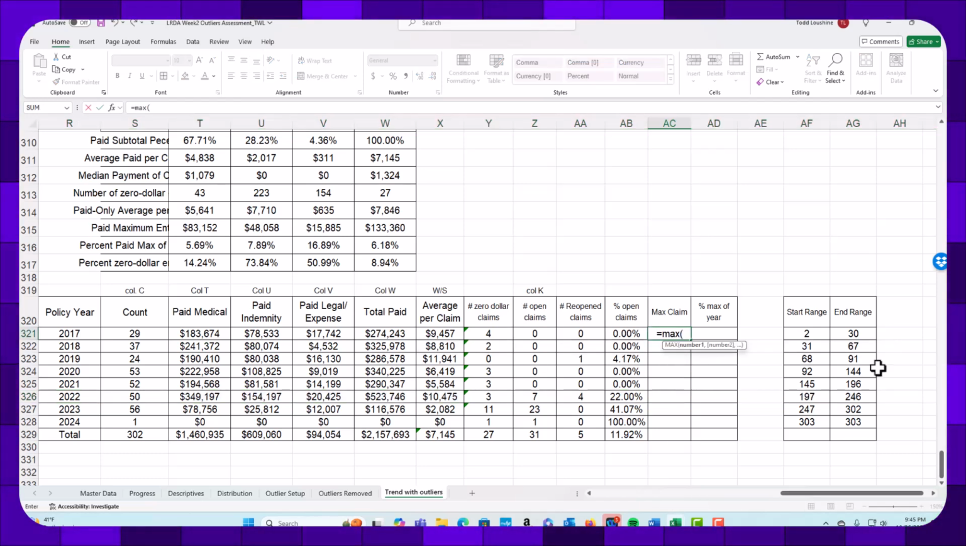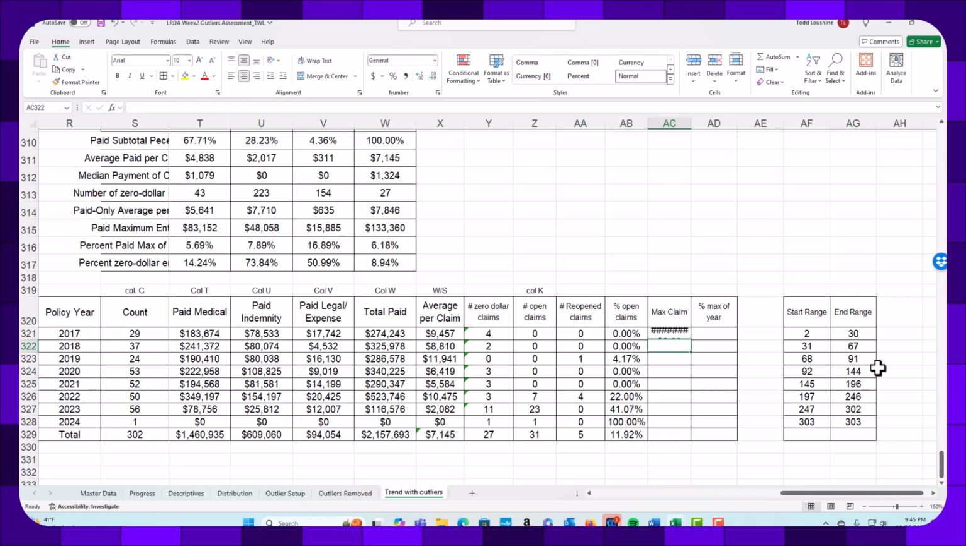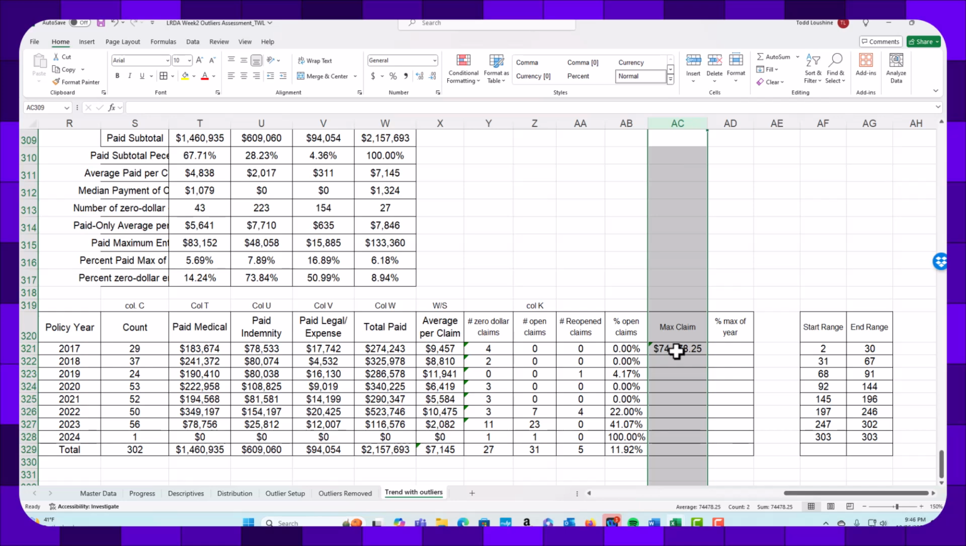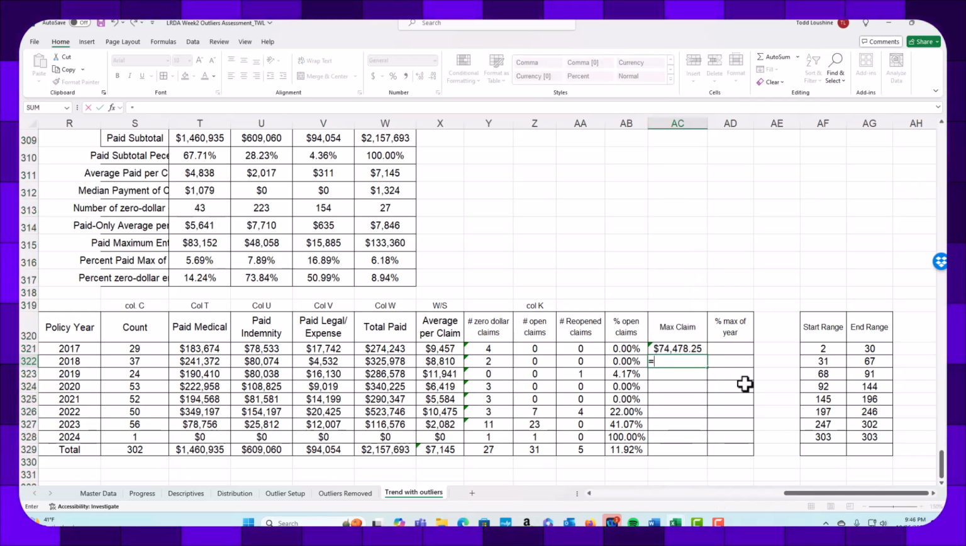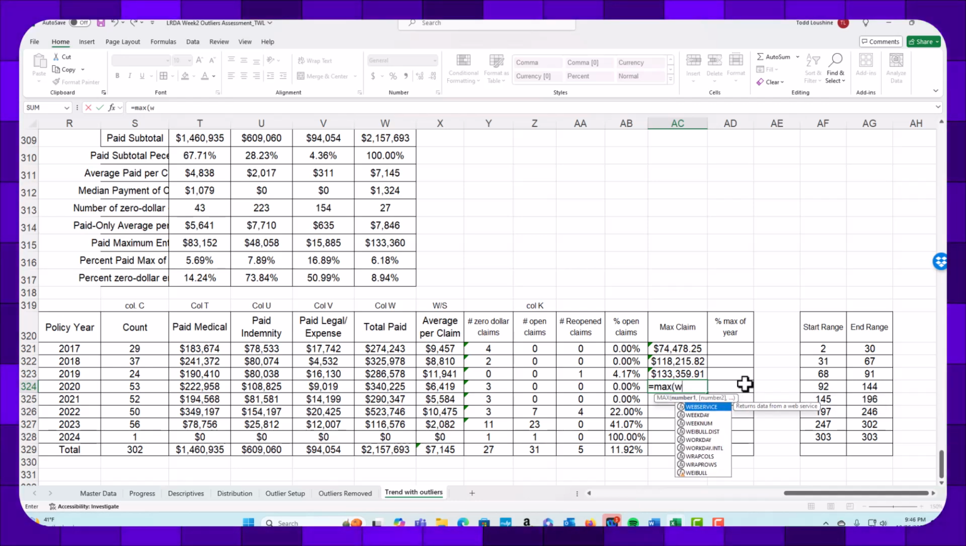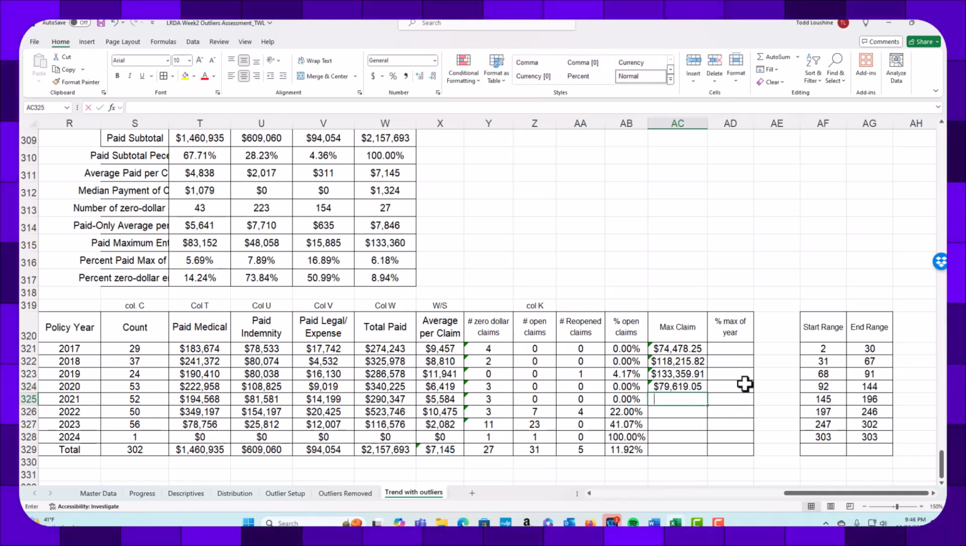So equal MAX. And this, we're back to W. W2 to W30. Open that up a little bit. Okay, I'll get rid of the decimal points all at once. Equal MAX W31 to W67, equal MAX W68 to W91, equal MAX W92 to W144, equal MAX